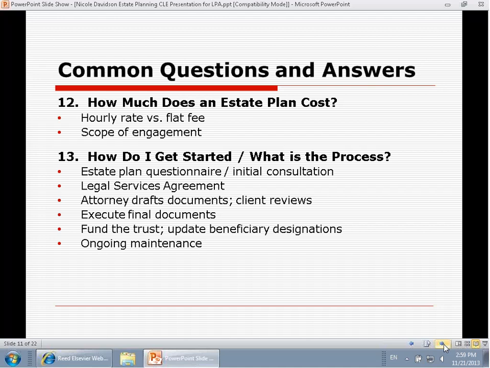The next step of the process, once you have a completed questionnaire, I explain to my clients that it serves as my outline to draft their documents. And once the documents are prepared, then you want to decide how am I going to transmit the documents to the client. I choose to do that via email whenever possible. For some of the older or less tech-savvy clients, that ends up being a mailing, or for some of them it might even be an in-person review of the documents. But at any rate, you want the client to review the documents and make sure they understand what they will be signing, and that the documents